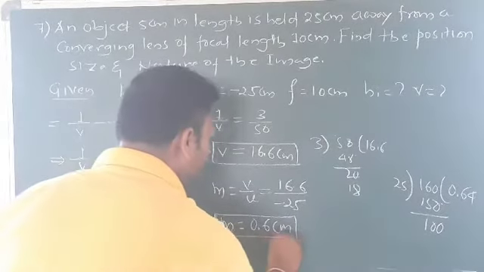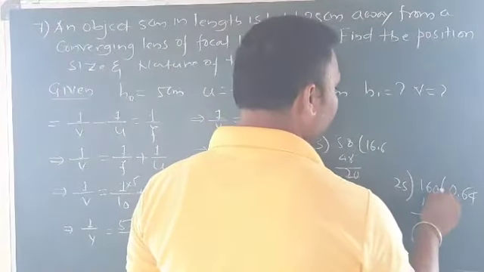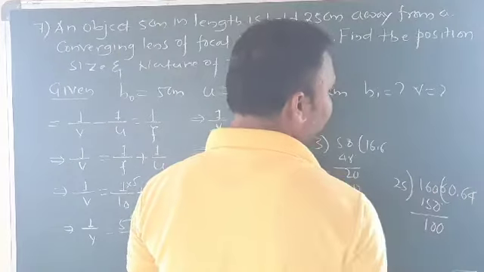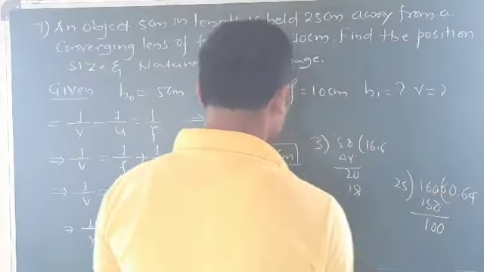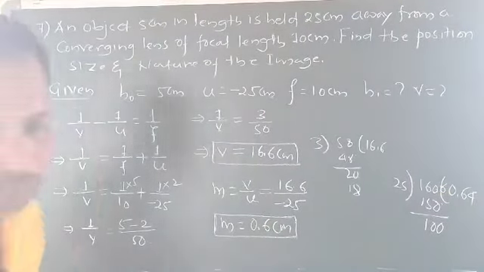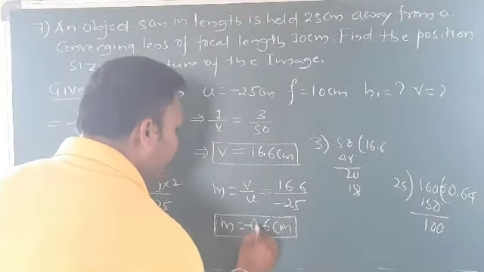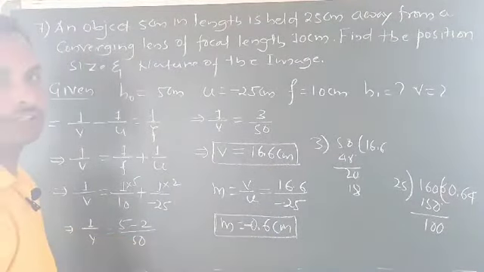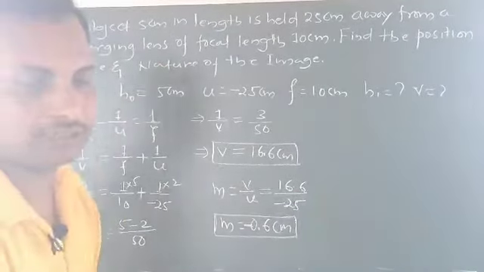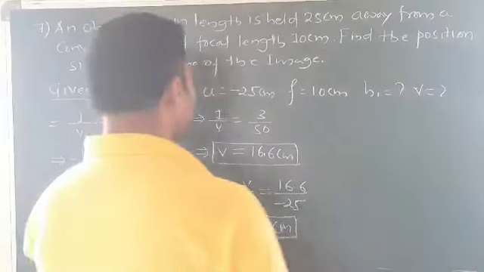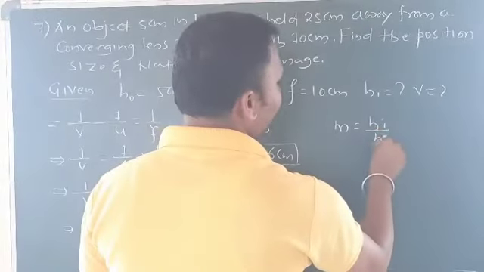We have another 6 here, but 0.6 is enough. Now, see here we have a minus sign, so M is equal to minus 0.6, because the object distance is minus here. Next, once we have M, we have M is equal to HI by HO.